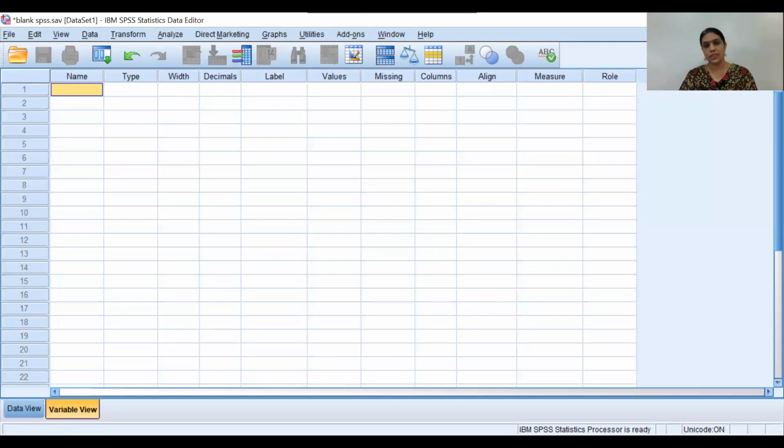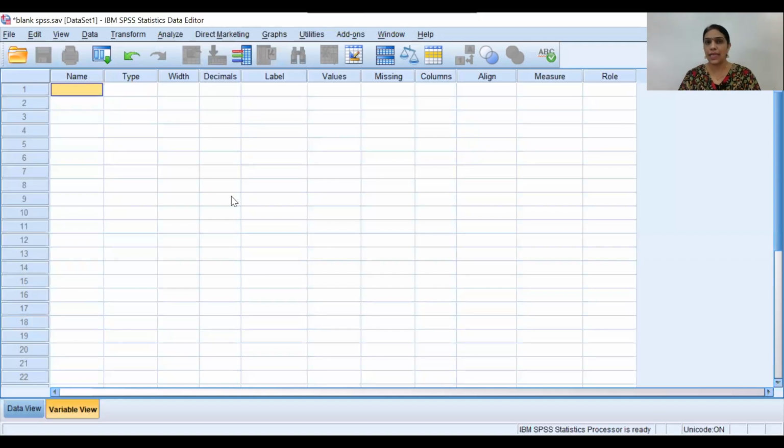The first column is name. Academicians enter the question numbers in this column. Yes, you can enter the question number in the column titled name. But normally we enter the short description of the question here.